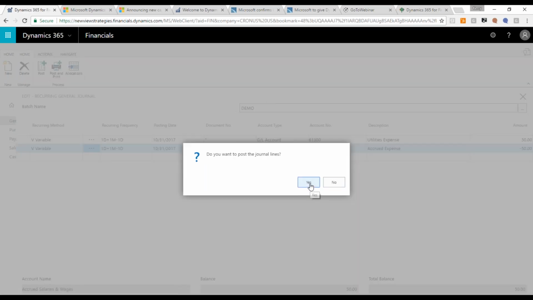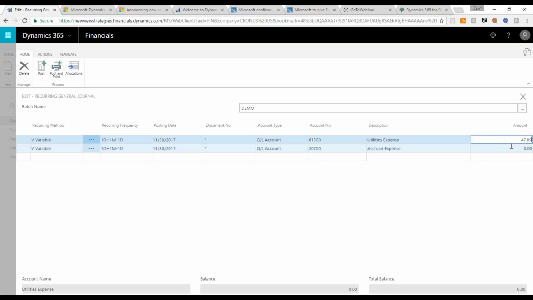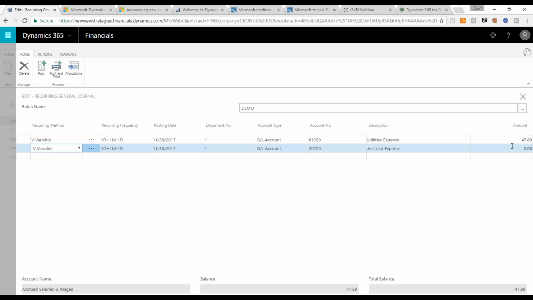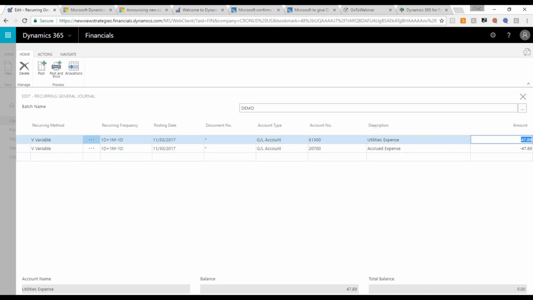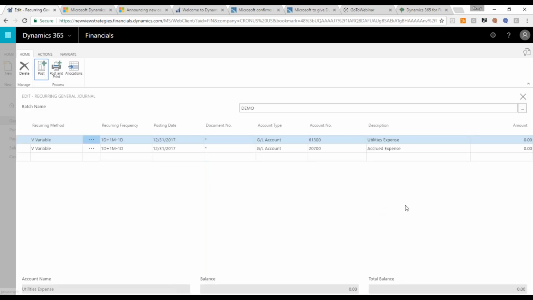I'm going to choose to post this. When I post this and it confirms, my date will change to 11/30, and I can now type in a different amount for the next month. But it maintains all of my other information, and you can actually use this and get quite complicated with it. So that's a very simple example of how you can post that same thing, simply changing those numbers. And if you don't want to change those numbers, simply change it to fixed,